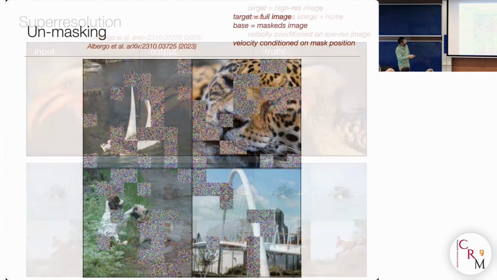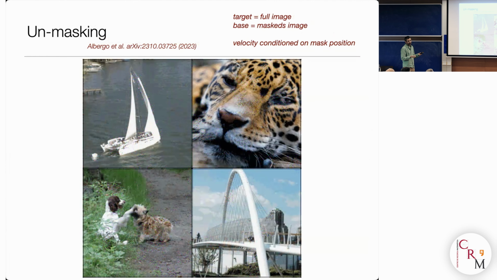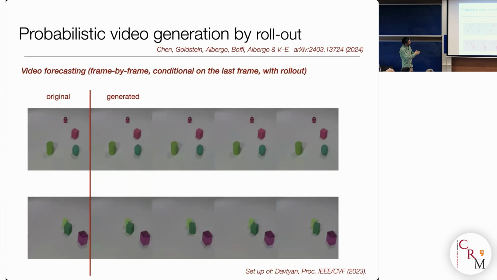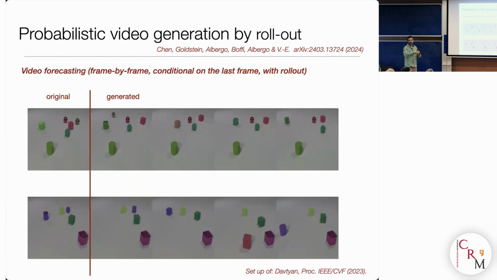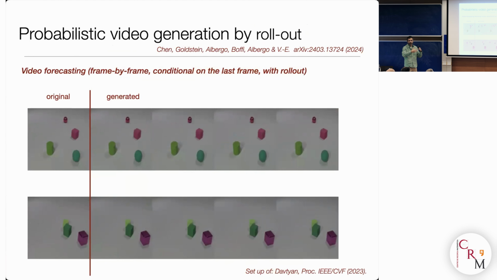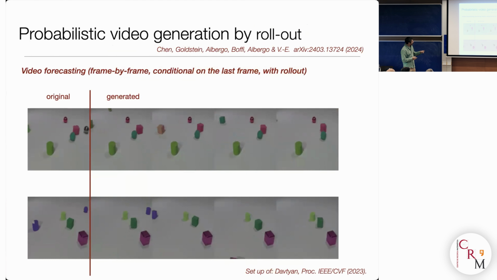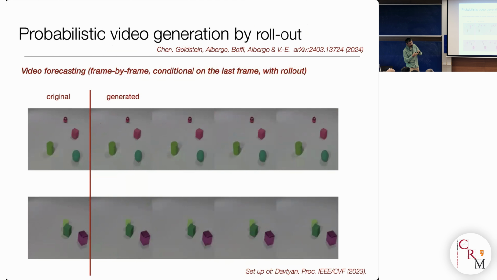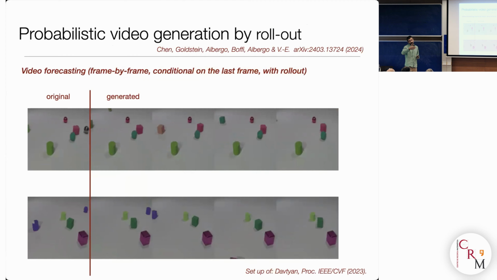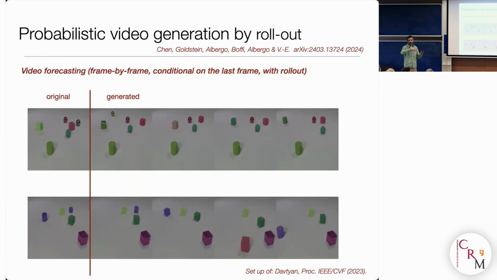You can do inpainting like this, where you can use the flexibility of the formalism to perform all of these tasks. You can also do conditional generation, and then conditional generation with rollout, where what you generate you use as a new condition, for example, to create movies. So these are, for example, images where you use movies, and what you try to do is, conditional on a few of the previous frames, you predict the next frame, right? And then you use what you have predicted as a new condition, and you keep rolling out.